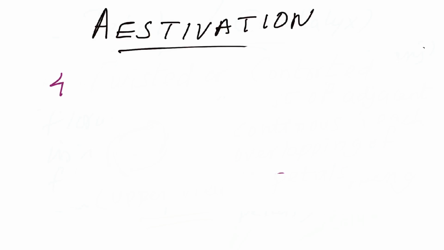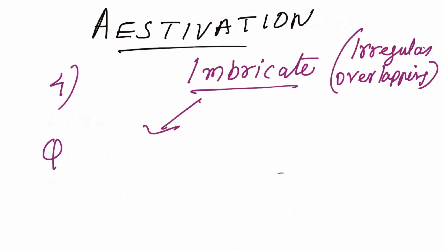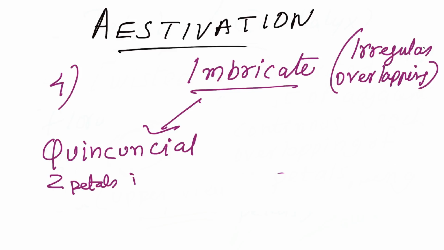contorted aestivation is concerned. Going on to the fourth type, which is called imbricate aestivation, it's a very important case where we have subdivisions, and imbricate basically means irregular overlapping. That is, there's no definite pattern of overlapping. That's the key point. And the first one, we call it quincuncial imbricate aestivation, where two petals which